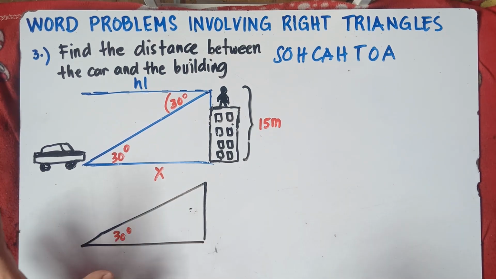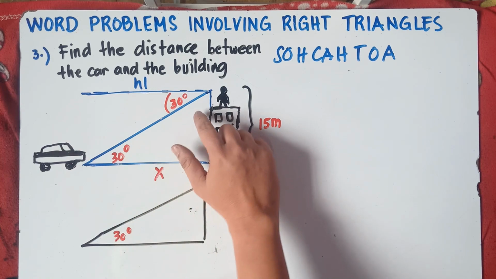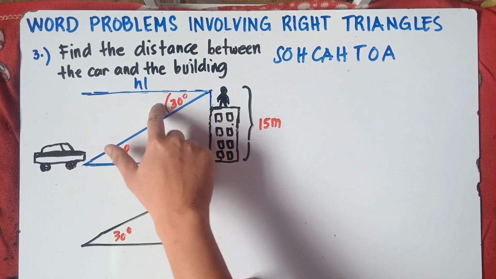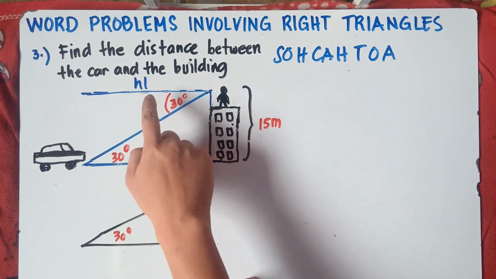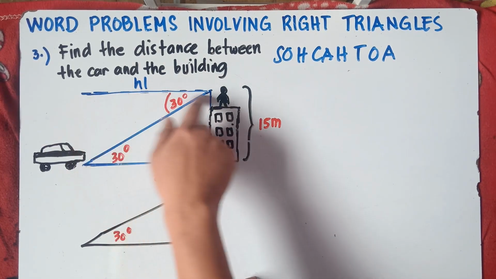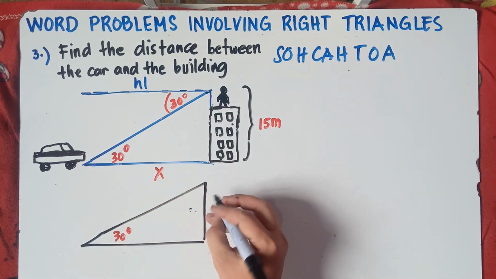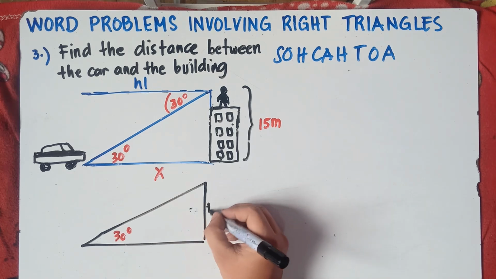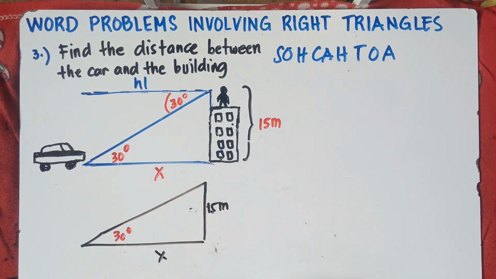Once again, class, be careful with regards to the angle of depression. Your angle, class, is always level with the horizontal line. It's not this angle, class. It should be this angle. Level to the eye of the observer, this horizontal line, below that is the angle of depression, not this one, class. Okay, always level to the horizontal line. Alright, so this is 30 degrees and the height is 15. So this is 15 meters. And we're told to find this distance, x.